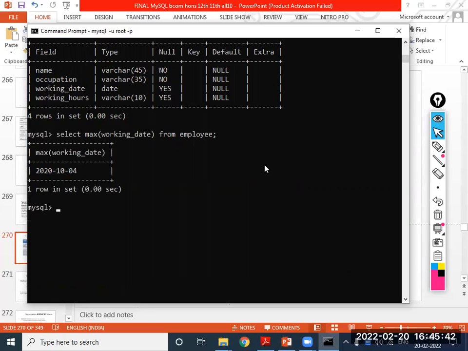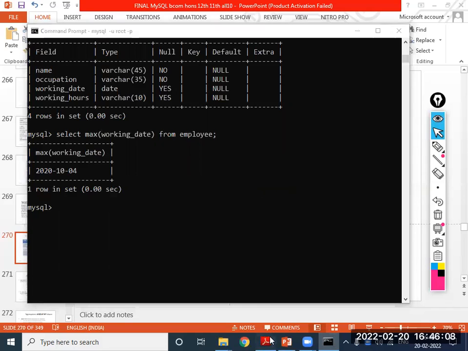So I hope in this video I have covered date functions, then aggregate functions, or we can say the use of the group by clause, because we use aggregate functions with the group by clause. And what is the basic difference between single row function and multi-row function? Normally it will be asked.